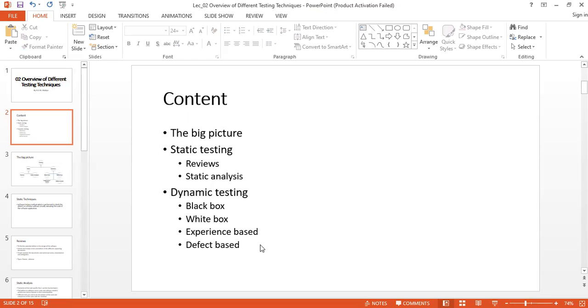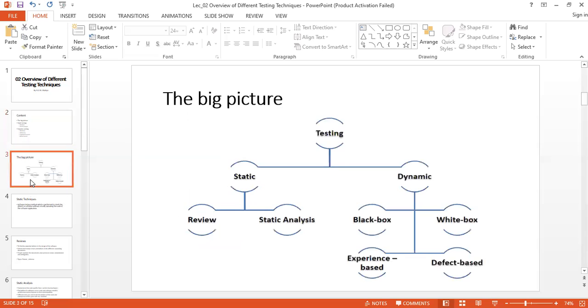We will go through it with the progress. When it comes to the big picture of software testing techniques, we have two main categories, basically static testing and dynamic testing. Inside the static techniques, you will be learning mainly about review and static analysis.